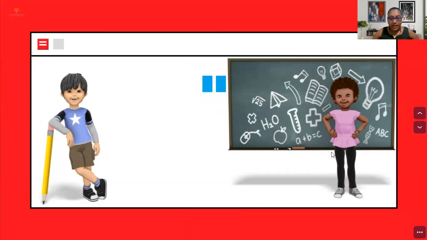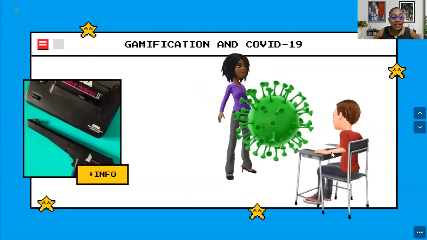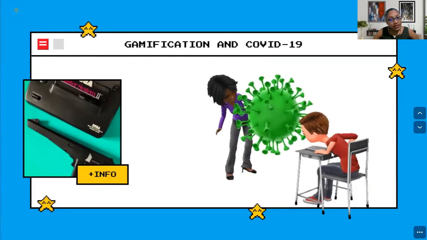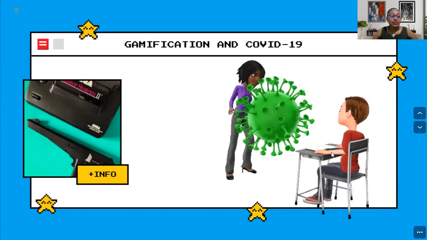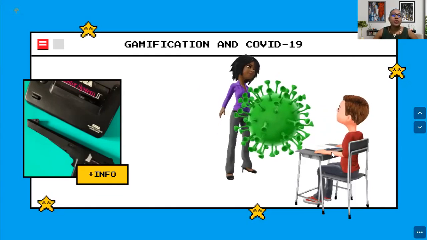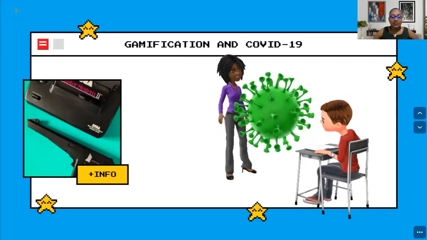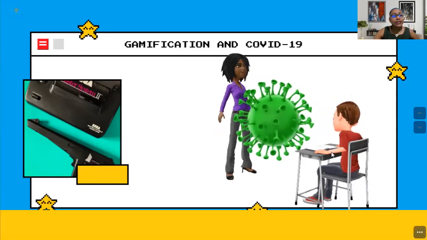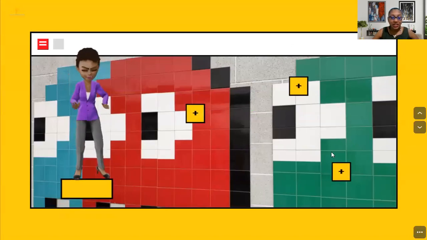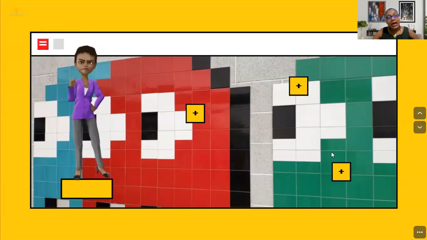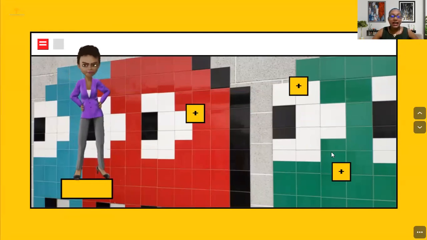And we know this, but what about in the midst of a pandemic, in the midst of COVID-19? Let's talk about gamification in the midst of COVID-19, where some of us are still teaching remotely, or some of us have gone back into school but now have to consider social distancing. How can we gamify our classes? And with so many demands placed on educators right now, it seems sometimes like games might be more of a distraction, a bigger headache to deal with, rather than a productive instructional tool, right?